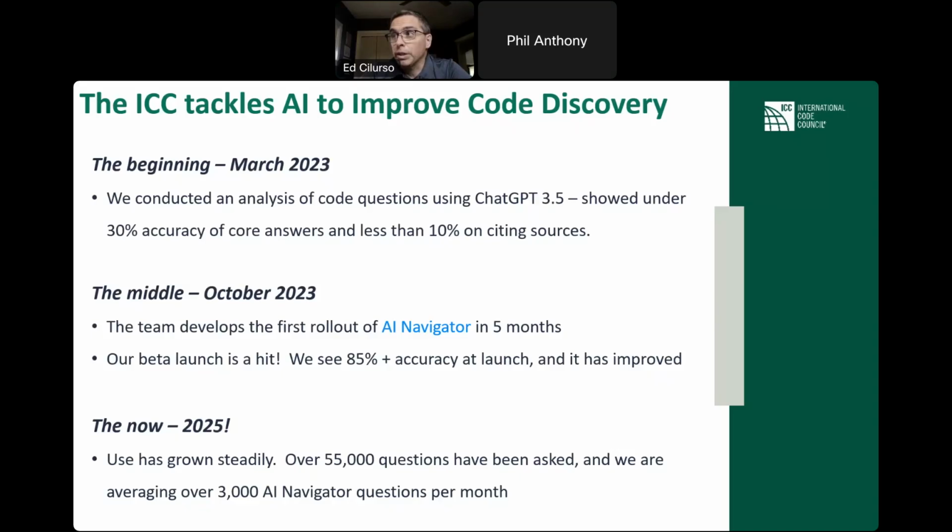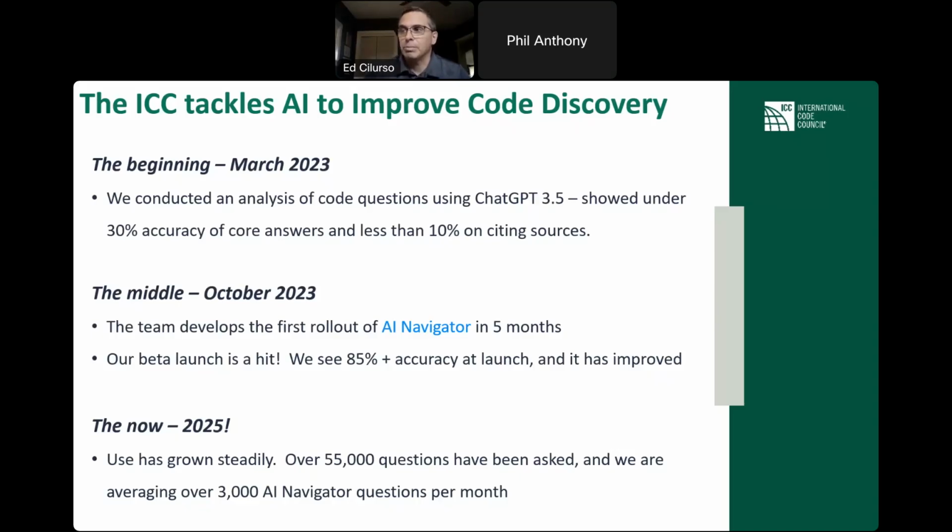We set about working on a team that I worked with very closely and still work with very closely to develop and do our first rollout of AI Navigator. The total project time, because we launched it literally just days before the annual meeting in October 2023, was about 5 months. It really was gratifying to work on. It was a very difficult project, I would say.